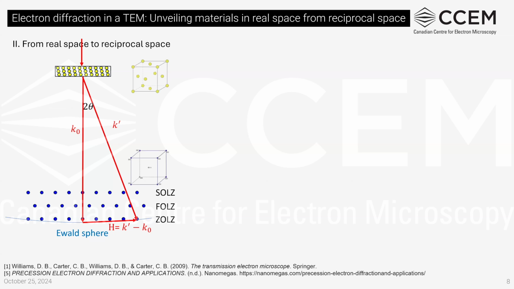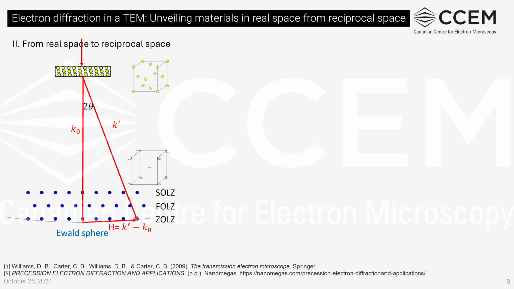So for example, when an electron beam shines on aluminum, which has an FCC structure in real space, diffraction spots in the form of a BCC structure will appear. Remember, it is a 3D problem, so the dots you see here are actually this reciprocal lattice in 3D. And you see here, they are in layers. The ground layer is called the zero order Laue zone, and the upper layers are called the first order and second order Laue zones respectively. But the diffractogram that we get through a camera is in 2D.